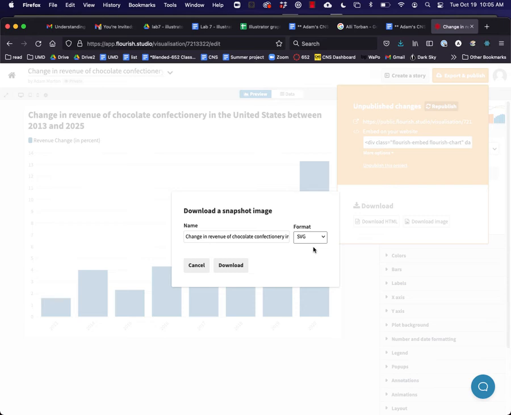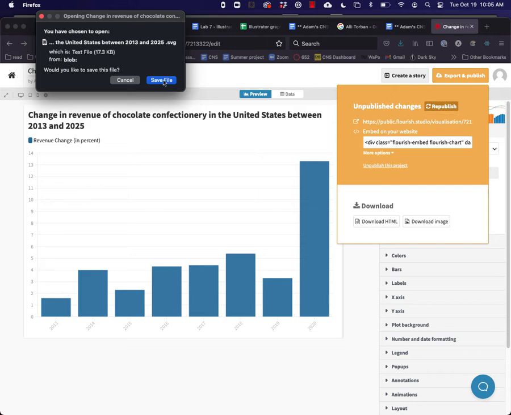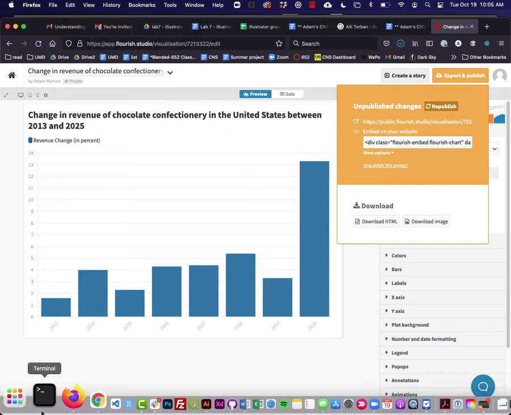And the deal with these vector formats is that you can edit absolutely everything about them in Illustrator. A vector is a line, so vector graphics are made of lines. In Photoshop and XD, you're working in pixels, which are made of dots, right? So they don't scale as well. So that's the real advantage of Illustrator. So anyway, I'll download that, I'll save it, and